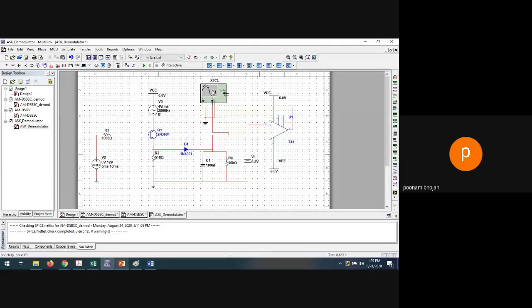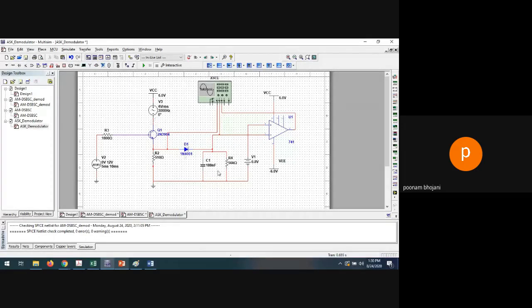Let me use another oscilloscope so that you can understand it properly. Let me use this Tektronix oscilloscope, in which I am connecting the first channel with the modulated signal, that is your ASK signal. Second channel is what you are getting after the filter. And the third channel with the comparator output. So you will get the exact digital waveform, the digital data, that you transmitted. Okay, so this oscilloscope is connected with three different channels, which will show you three different waveforms.